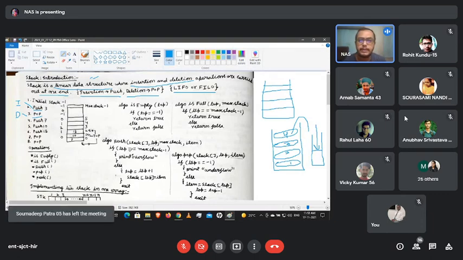So now let's come to the functions and the algorithms, one by one. First look at this one. This is our simple stack example. This is a simple structure of stack. Initially, think that this stack is empty.